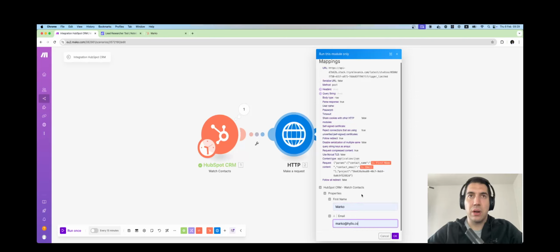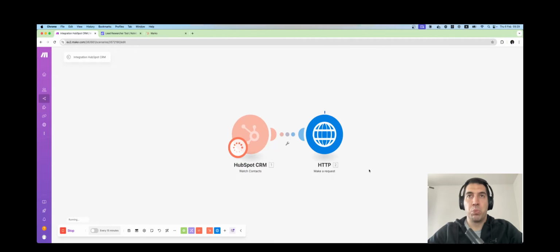When you're running just one module and not everything in the sequence, then you can see that these are the inputs that you're expecting, and then you can provide any values that you want to test it. So it's best to test one by one, and then when you have everything, run again to see if it's working. So this is now sending information to the Relevance AI agent,